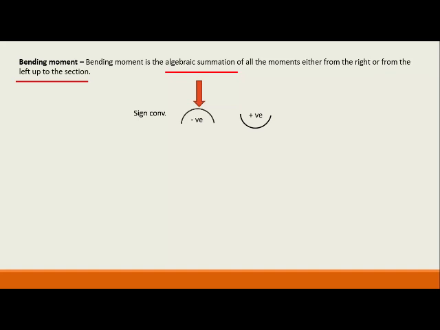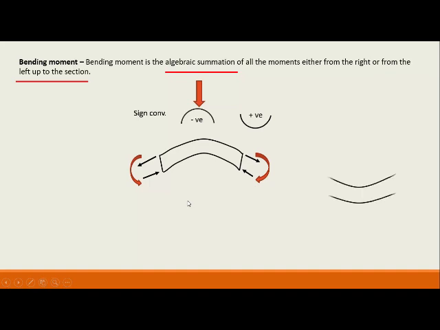Now what is hogging and what is sagging moment? When the deformation is like this, where the couple is acting to cause tension at the top, you see the tension is caused at the top and the bottom fiber is being compressed by two forces, and these two sets of forces are causing the couple. And here it is negative. When it is causing tension at the bottom and compression at the top, it is known as sagging moment, and here we have taken it as a positive one.